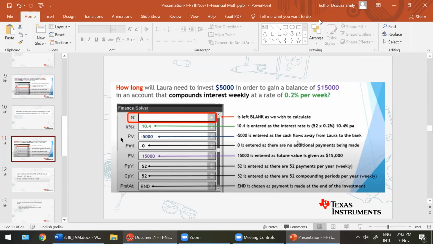Okay, I have an answer now. It's 10.56, the candidate says. Okay, you're saying 20.56 years. Yes, that's correct. You've given it to me in years. But I'd like to know in weeks how much you would get. Over here, you know that I is entered as 10.4. And why is that 10.4? That's because it's 52. Yes, that's correct.